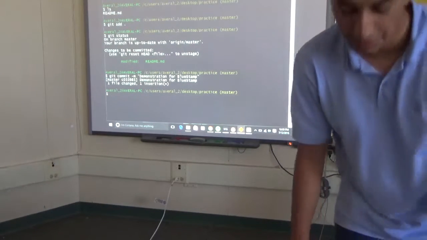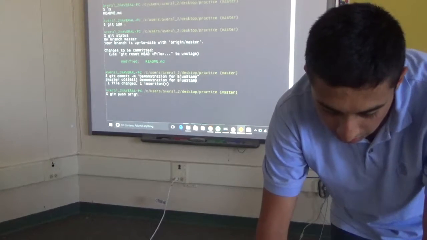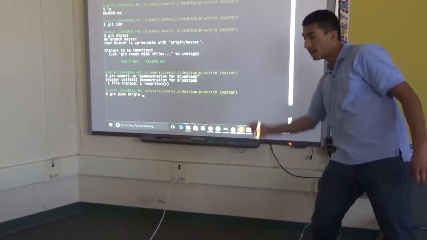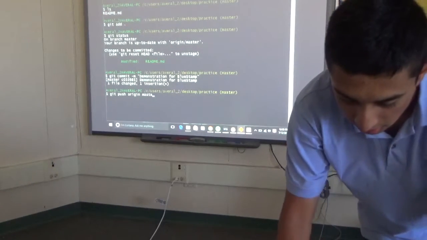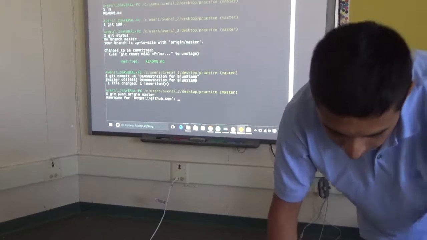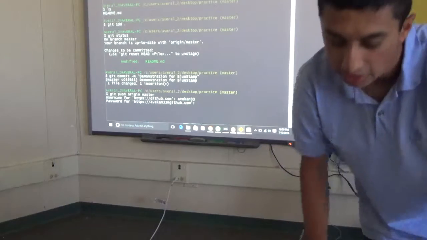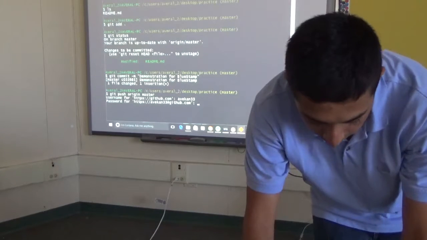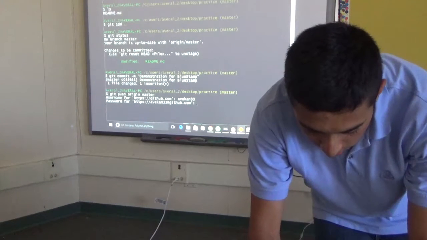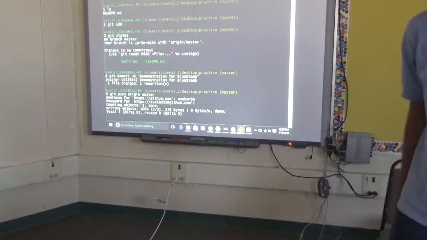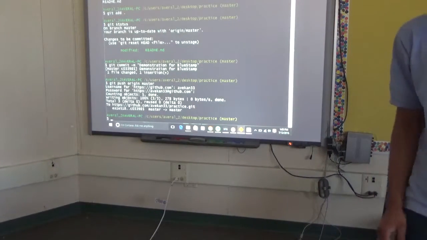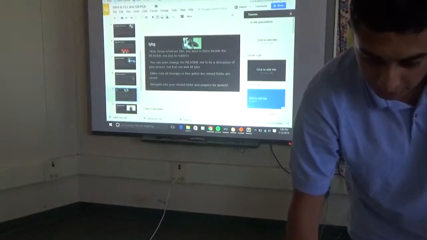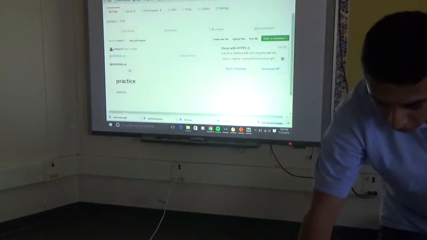Now the next step is git push origin, and at this point, you type in whichever branch you're working on. As you can see, I'm working on master, so I'm going to type in master. Okay, so I have to log in now. And when I type in my password, it's going to show that nothing's happening, because that's just how Cool Cats work. And wow, oh my god, it works. That's so cool. So if we go back to my GitHub, the repository page, then this should have changed from practice